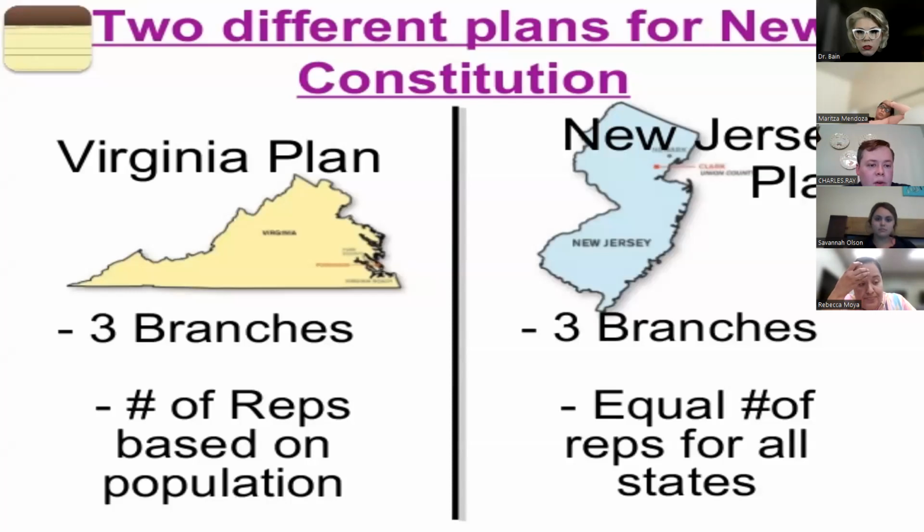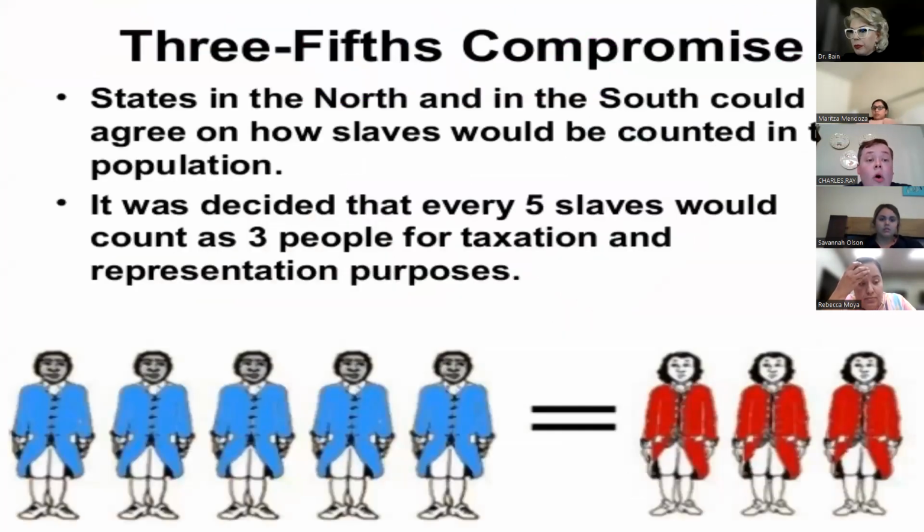Okay, 2 plans. Whoop-de-doo. Oh, here's the other one. Because some of the larger states down south want to count slaves for purposes of representation, but not for taxation, we get the 3/5 compromise. Basically, they'll say you can count 5 slaves for 3 free citizens for taxation and representation. Make everybody okay. Politics is all about finding the devil you can make a deal with. It's not pretty.